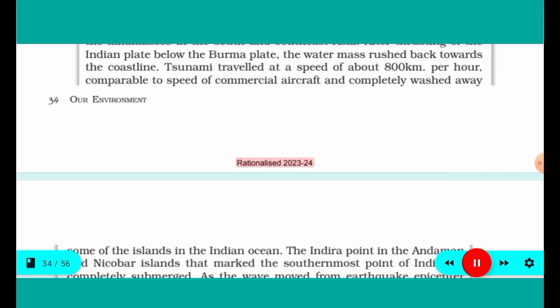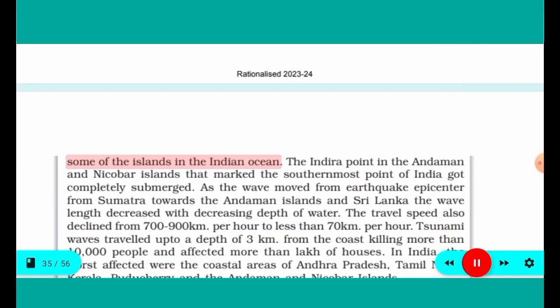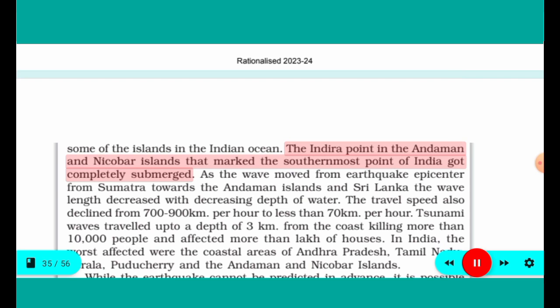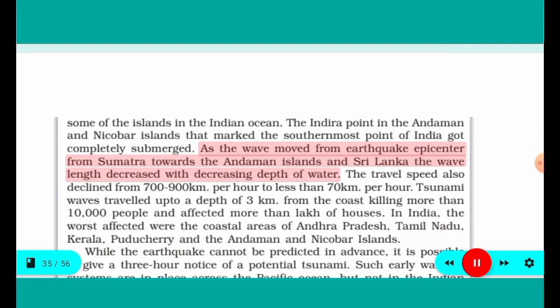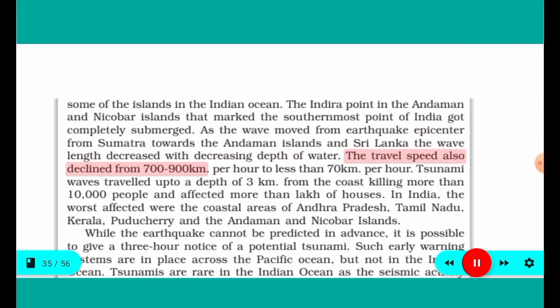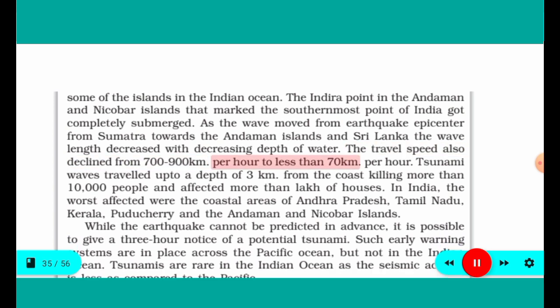Some of the islands in the Indian Ocean. The Indira Point in the Andaman and Nicobar Islands that marked the southernmost point of India got completely submerged. As the wave moved from the earthquake epicenter in Sumatra towards the Andaman Islands and Sri Lanka, the wavelength decreased with decreasing depth of water. The travel speed also declined from 700 to 900 km per hour to less than 70